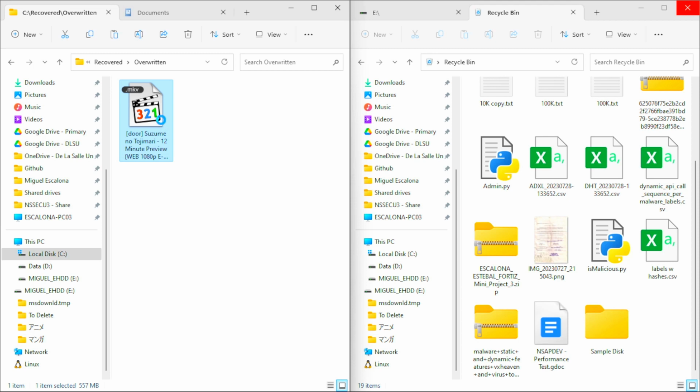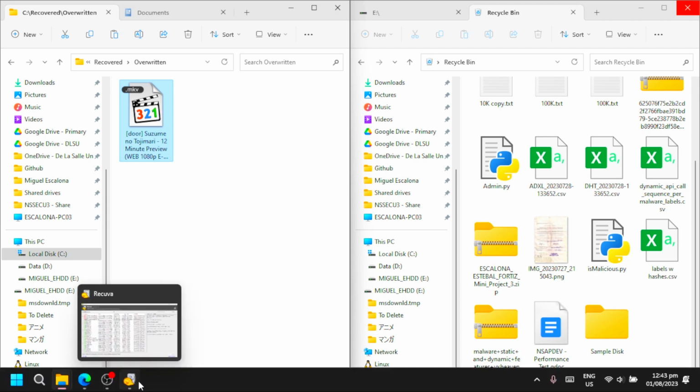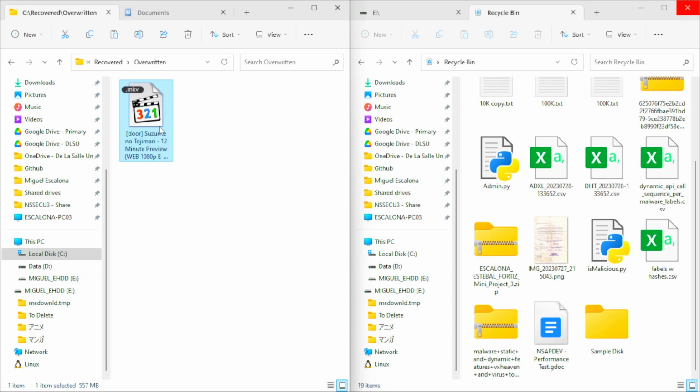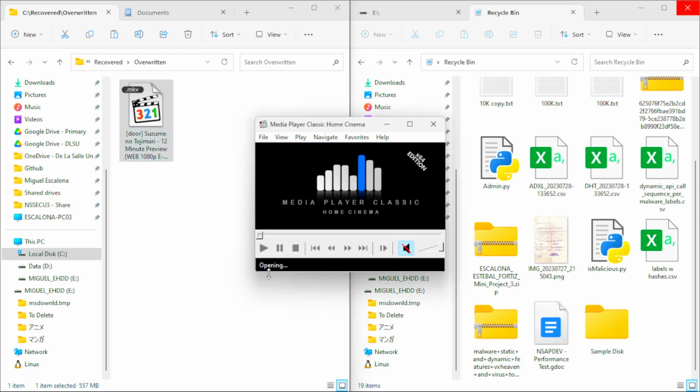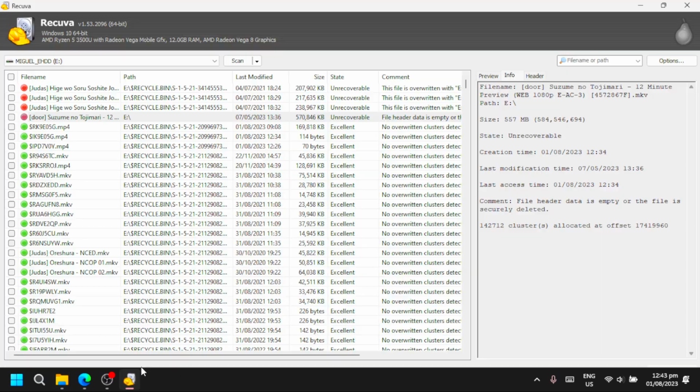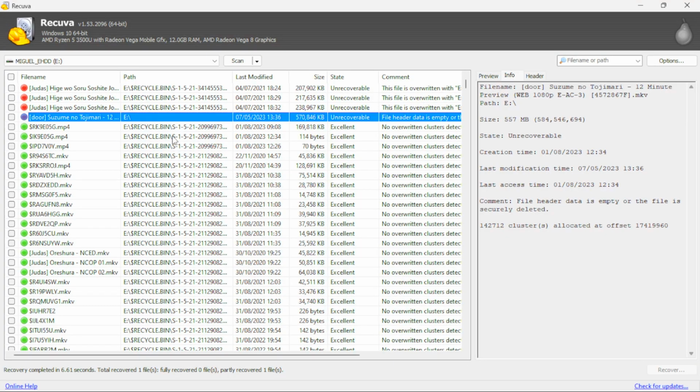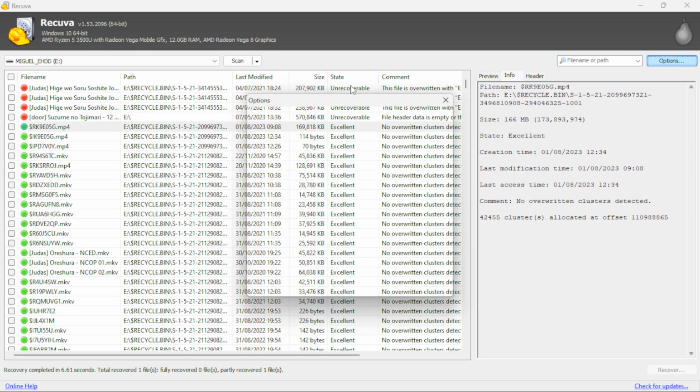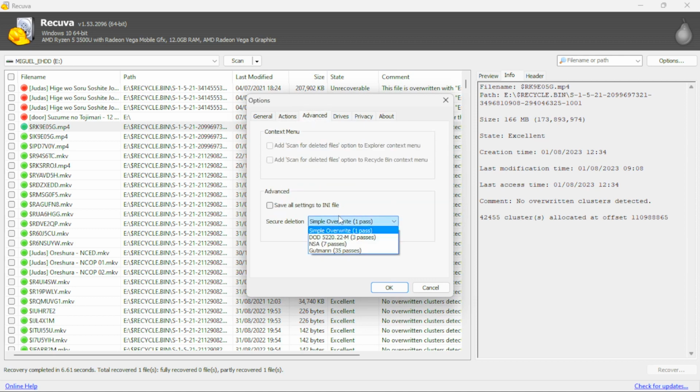As you can see, when I open it using MPC, it says cannot render file, which means it cannot be opened properly. And that means I have successfully overwritten the file. That was done on a simple overwrite. We could try these other three as well, but surely it will take more time than we